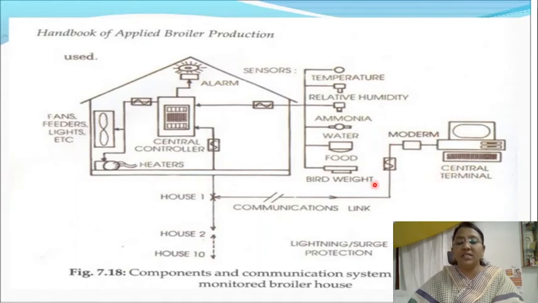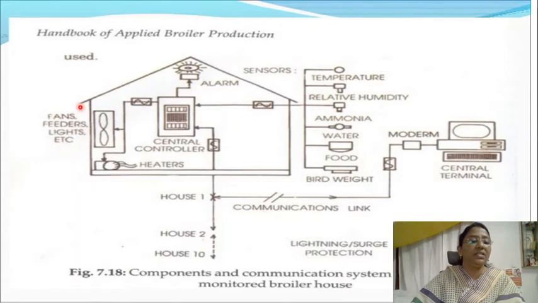And here this is the common entrance to the houses, house 1, house 2, to n number of houses, depending upon the farmer or depending upon his budget. And here you can see the central controllers, heaters. During winters, heat is being produced so that the birds have optimum temperatures.